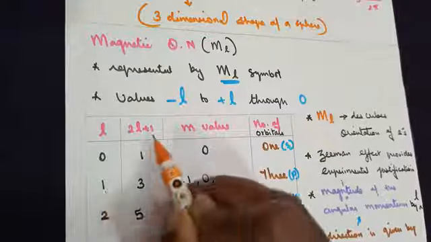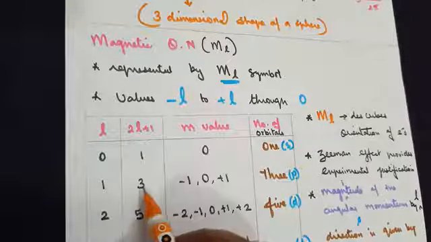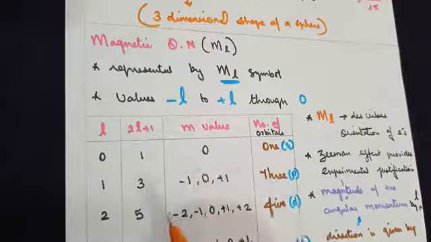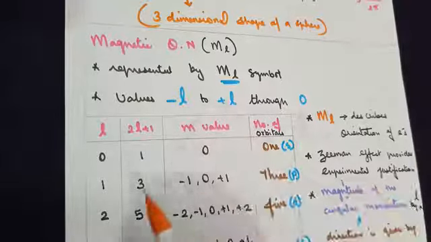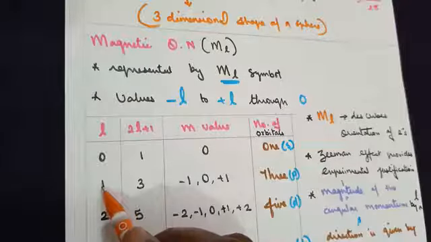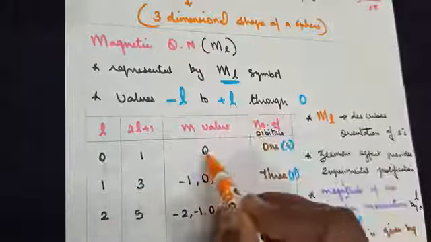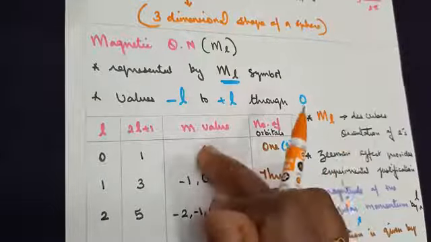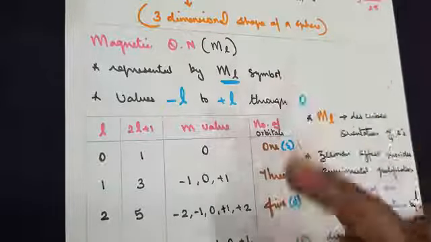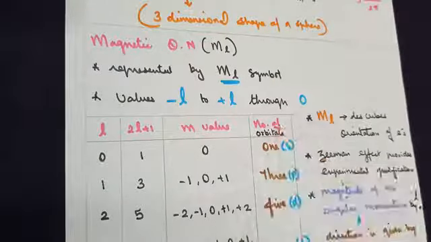When l equals 1, when you substitute, you get 3. So the m value, when the number of orbitals is 1, is from minus l to plus l. When I say 0, we have no minus and plus, so you are leaving it as it is, hence you are considering it to be 1 orbital. Number of orbitals will be 1.